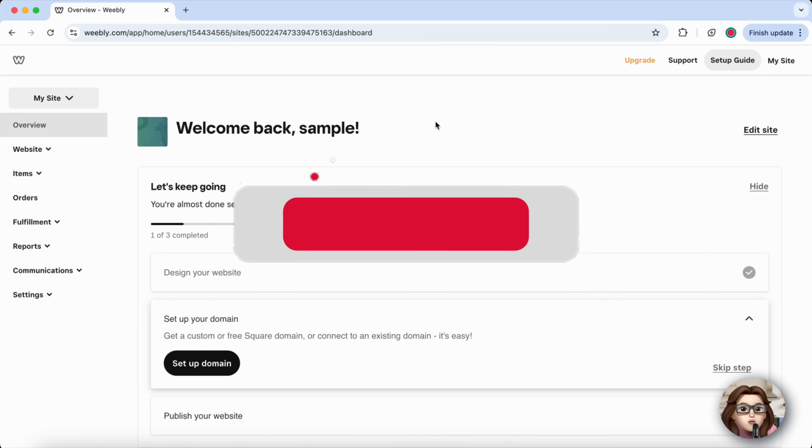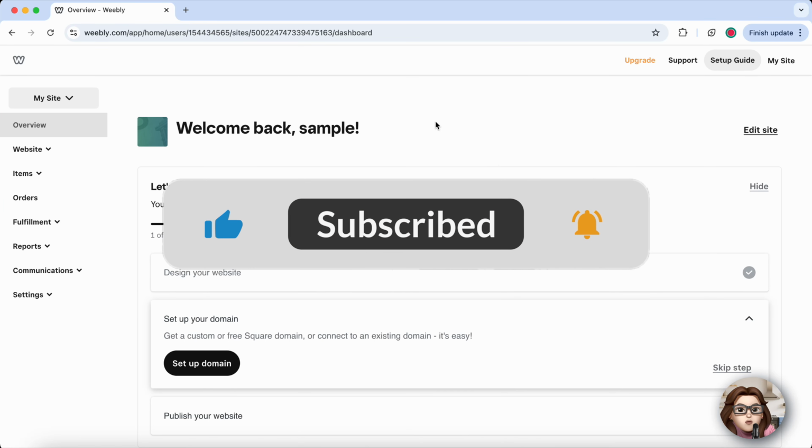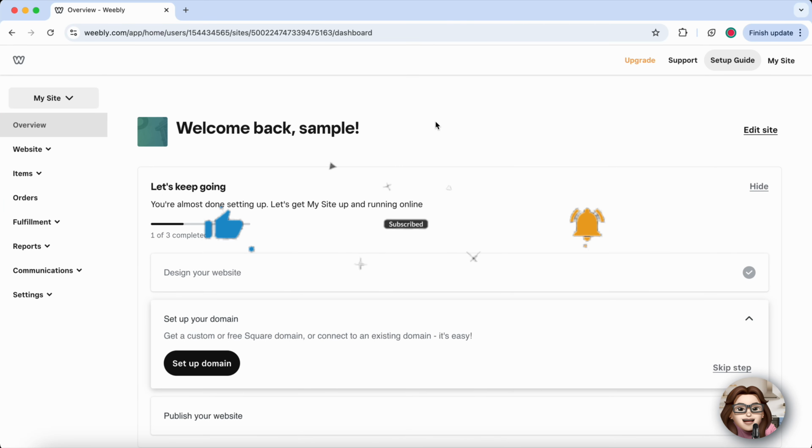In today's video, I'm going to teach you how to add a search app to your Weebly website in just 5 minutes. Adding a search feature can make your site much easier to navigate, helping visitors quickly find exactly what they're looking for. Whether you run a blog, portfolio, or online store, this simple addition can improve user experience and